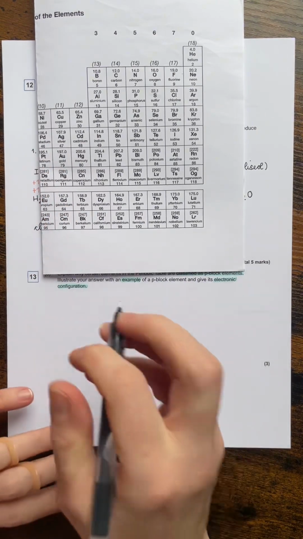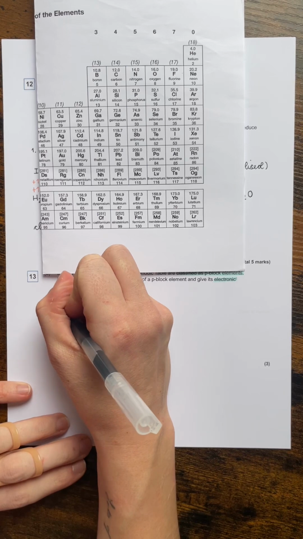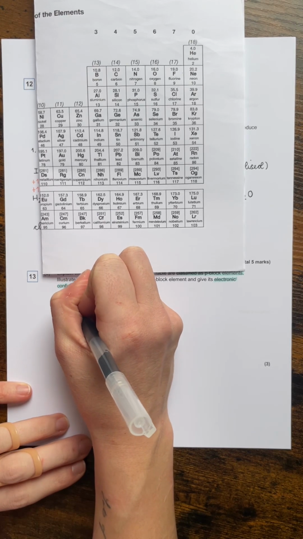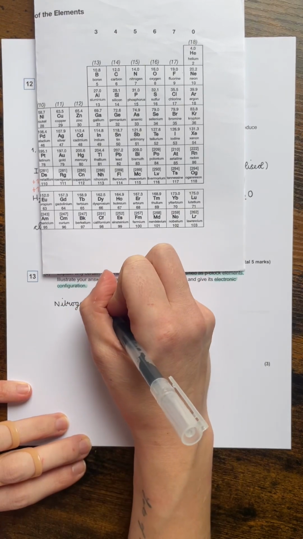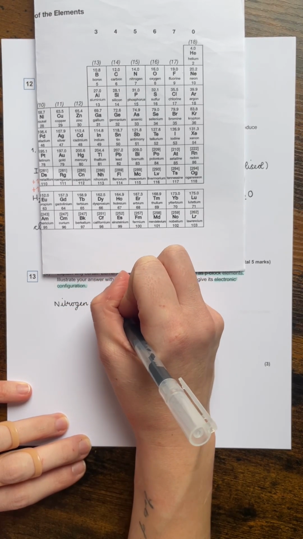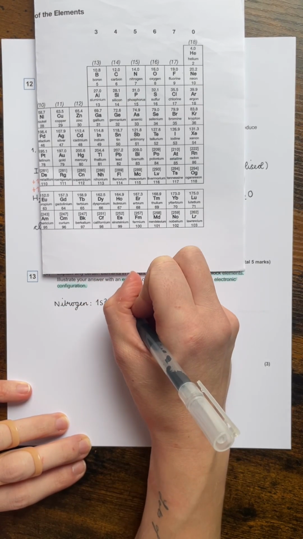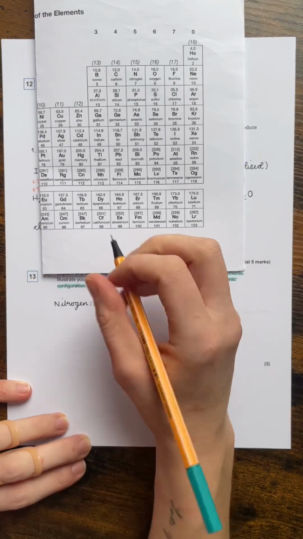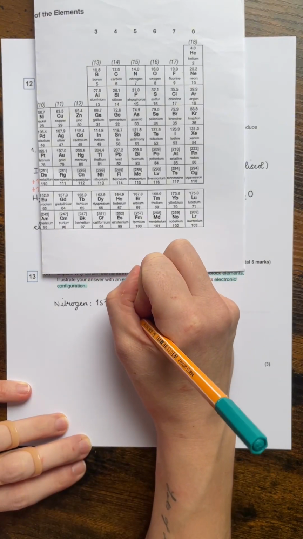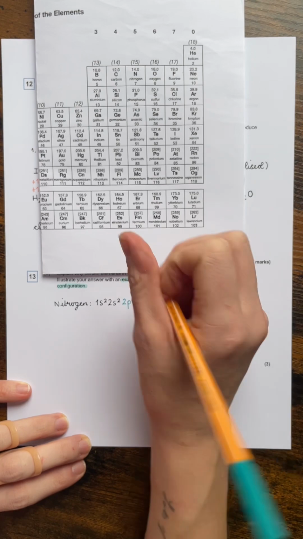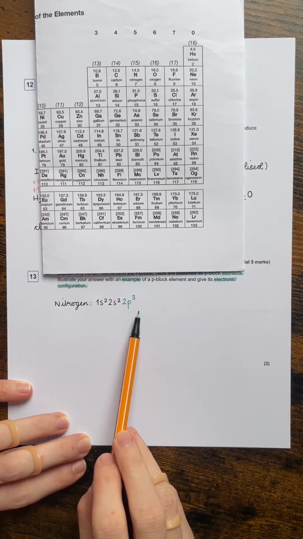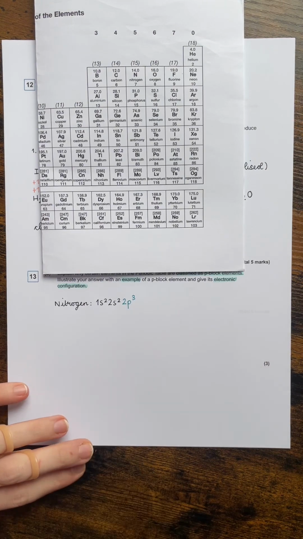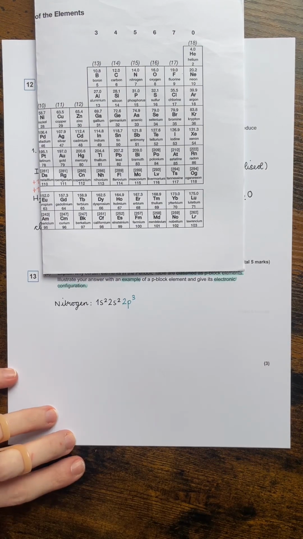So nitrogen would be a p block element, and nitrogen's electron configuration would be 1s2, 2s2, 2p3. 1, 2, 3. So that's its electron configuration. I've given an example, nitrogen, and then I can say